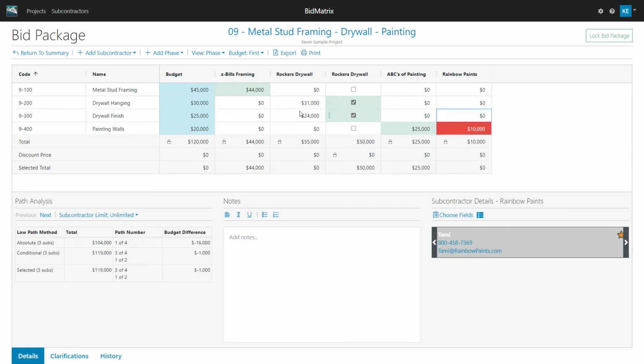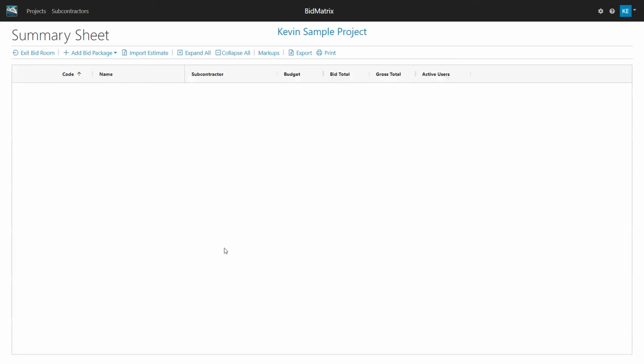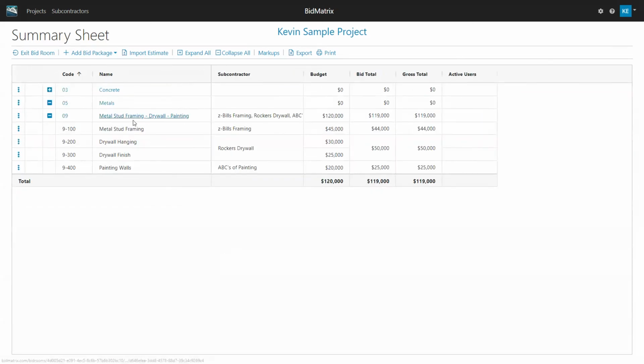Then the system will go back to the next lowest combination. Down here, it shows me that my lowest combination is $104,000. But because I've got this exclusion on it, my current solution right now is about $119,000 for this metric. If I go back to my bid summary, I can see my bid package.